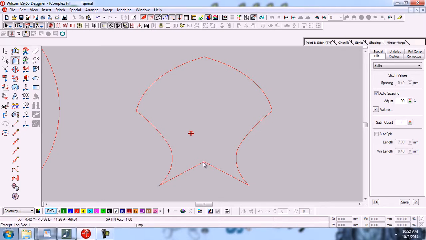For example, this design I want to make from here. This is the starting point, but I will not start from here. I will start from near, close. We have to leave some place for the last two left clicks. So we will not start from here. We will start from near the starting position, like here. So the first click will be left. I will start the design by pressing left click.